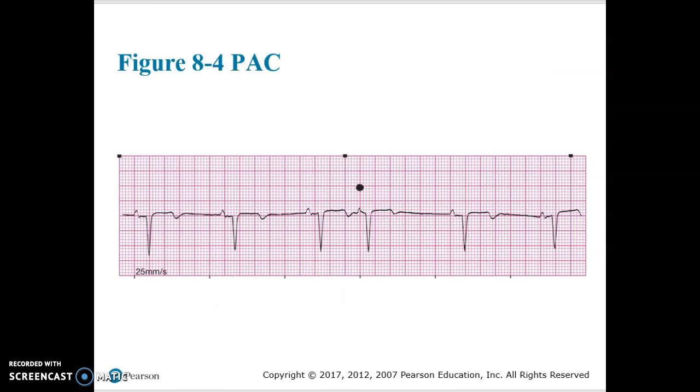So looking at this strip, we need to go through our same questions, okay? Are there QRS complexes? Are they uniform? Is the beat regular? Is it irregular? So we're going to go through those same 5 questions. But if you look at this strip, we see a